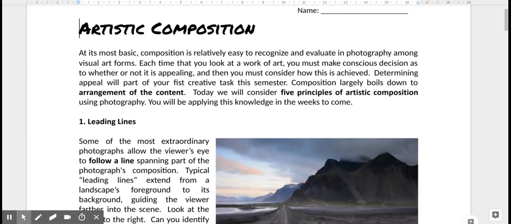If you'd like to follow along and fill in some blanks and make notes on your own page, by all means, print off the student copy that's attached with this tutorial, and you should be able to follow along no problem. So at its most basic, composition is relatively easy to recognize and evaluate. If you actually looked into your camera right now, I'm sure you'd find that a lot of these things you're already doing, but it's important we're able to label them and know which concept we're applying to our own composition